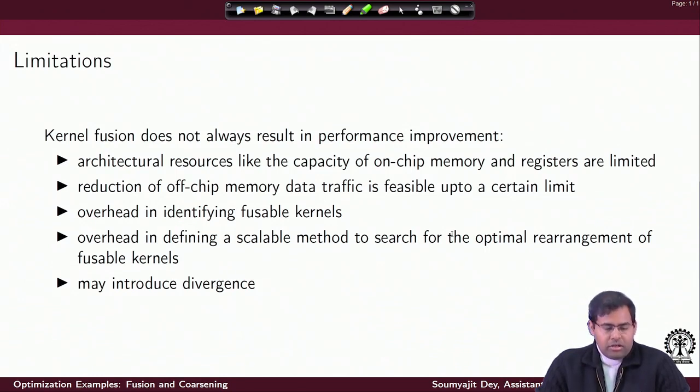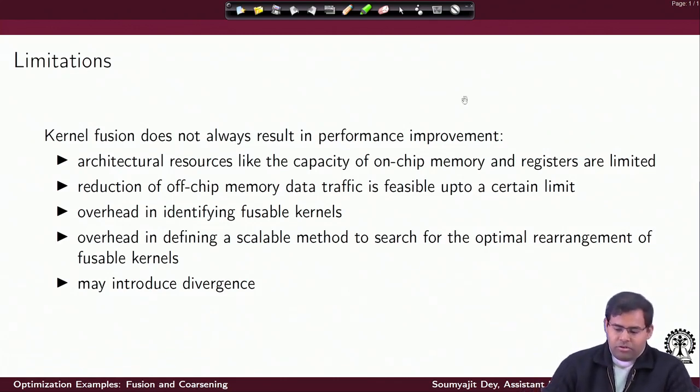And also in certain cases, if in the process of doing the fusion I am incorporating too many conditionals inside the fused kernel code, it becomes way more complex. That may also introduce divergence, which was not the case earlier, right. So, we have to understand that this is an optimization where we are trying to exploit the entire parallelism, the entire compute and memory bandwidth available with the GPU. But if we overdo it, it can actually create some issues, and the speed up gains may not happen.